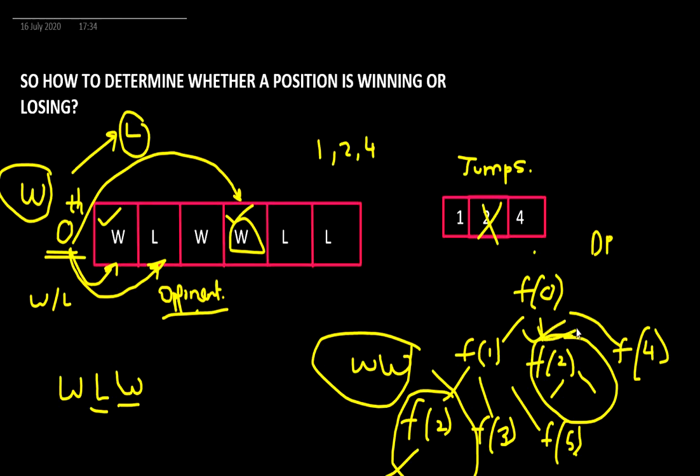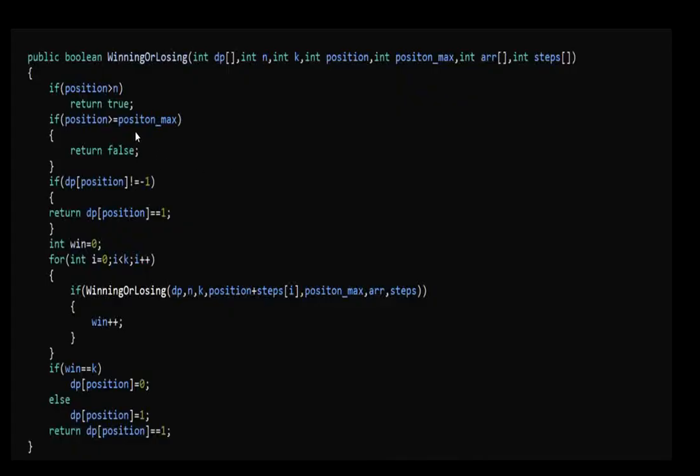Now let's see how we'll incorporate dynamic programming over here. I'll be explaining it in a while. So the basic rule of thumb that we apply in such problems is that we create a recursive function and then we keep on making recursive calls, and whenever a recursive call terminates, that is, it returns a value to its caller, then at that position we memorize that result so that in the future if any similar calls are made, then we can directly return the result instead of computing it again and again. So this greatly brings down the time complexity of our code, and this is what dynamic programming helps us with. So let's see how we'll incorporate that idea.